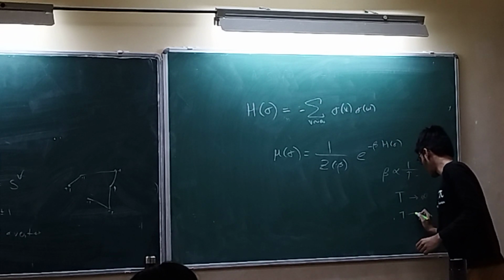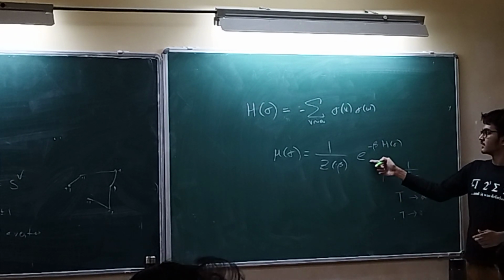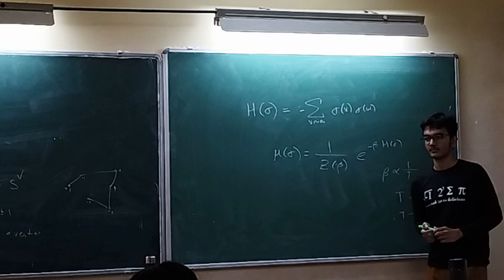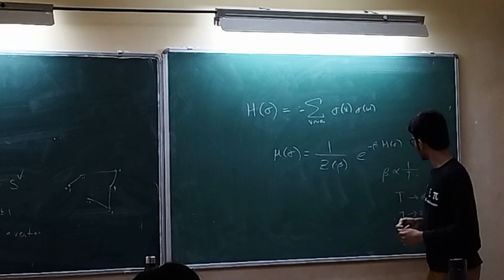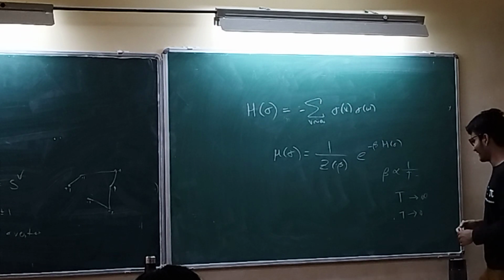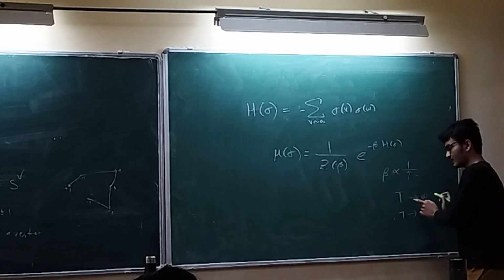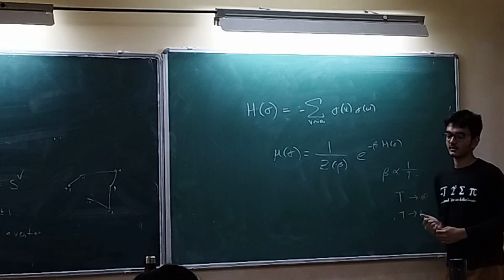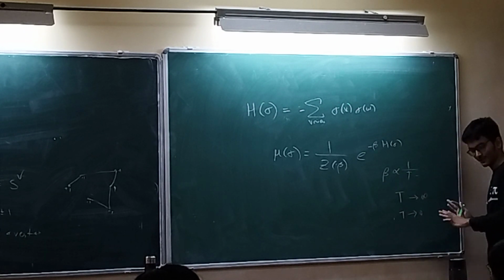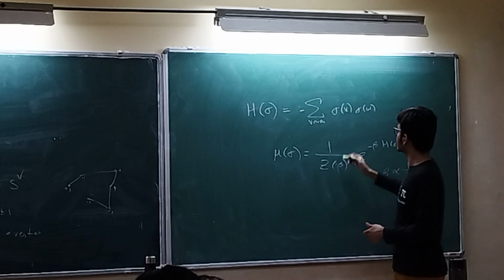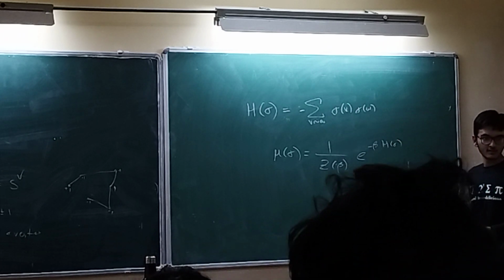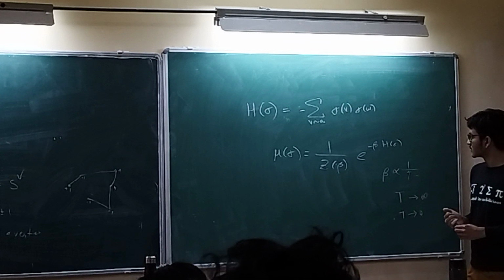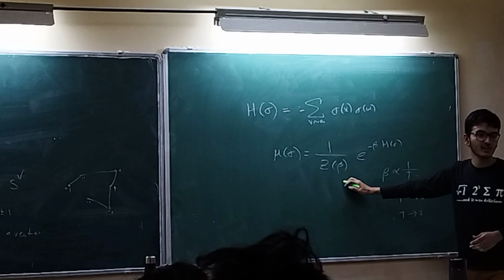And if T is too small, then this distribution will become uniform. Other way around, sorry. This is the inverse thing. If T tends to infinity, then this becomes uniform, and if T tends to 0, then it gives high bias to low energy. So you are assuming H of sigma is less than. No, H of sigma can be positive and negative. Mu is a distribution. So you are assuming H of sigma to be positive. No, it doesn't matter. This thing is there to normalize it.